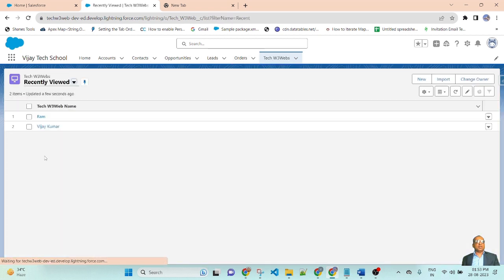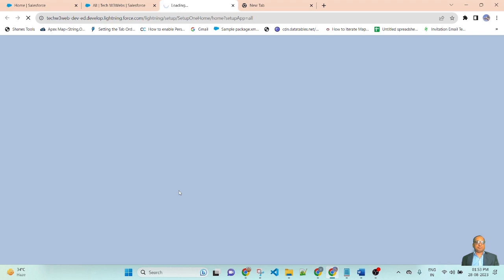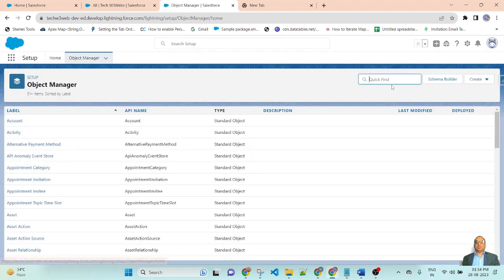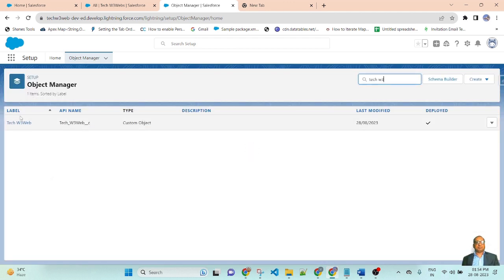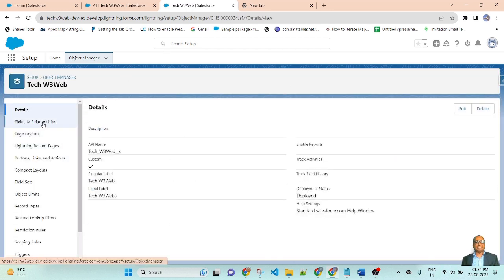Before it was one record, now you can find there are two records. If you go to All, you will get all of the fields: name, city, active, and description. If you want to display only the name, not TechW3 Web, go to the object manager, find your object, go to Fields and Relationships.